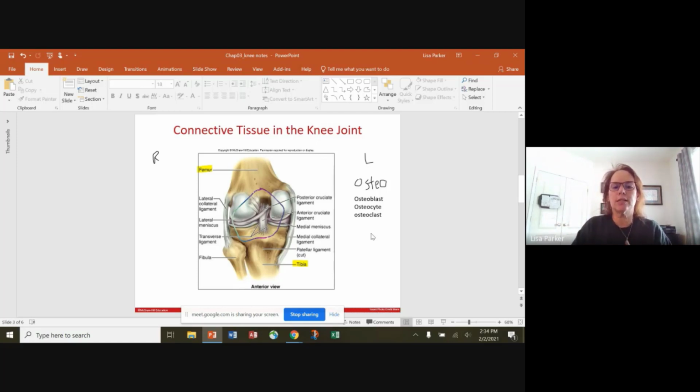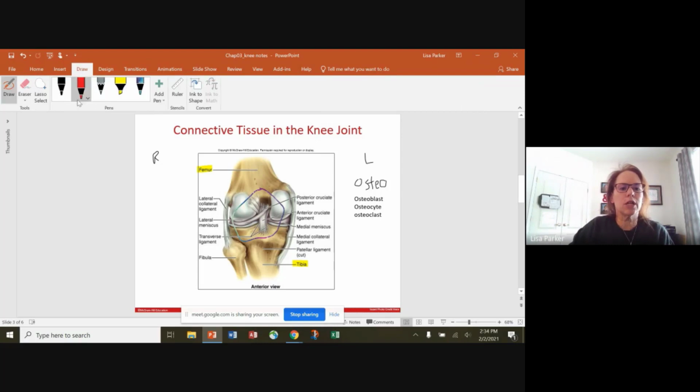Okay. So the next kind of tissue that we have is cartilage. So cartilage is a type of tissue that has a rubbery sort of matrix, and matrix is the stuff that the cells sit in. And the cartilage provides, in the knee anyway, some shock absorption and reduces friction where the bones meet. So in this picture, the cartilage, let me get back to my drawing here. The cartilage is here